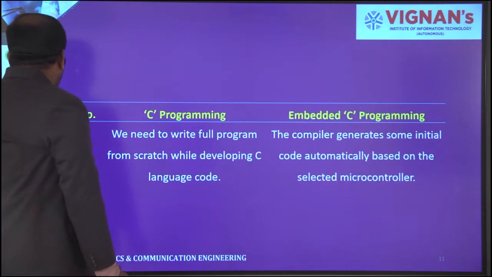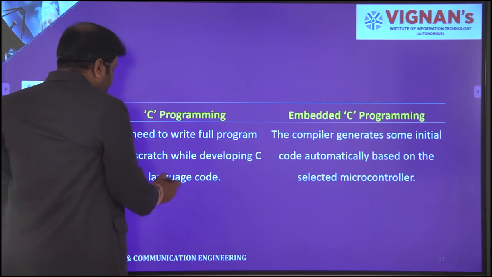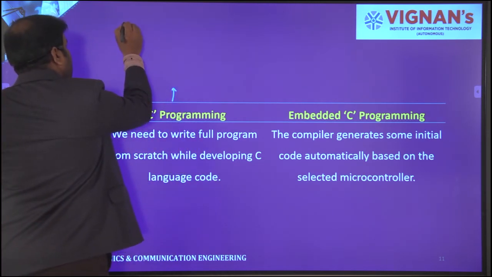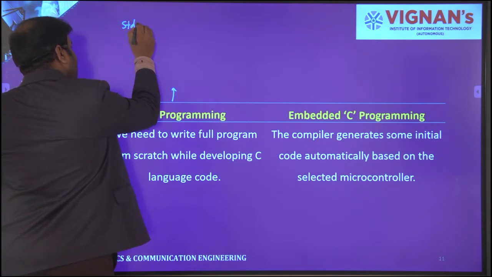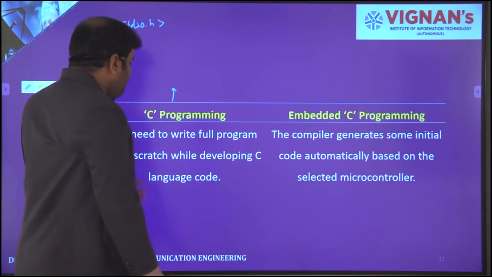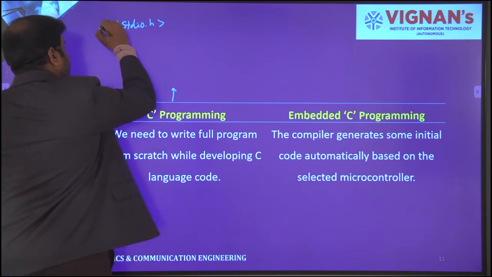And the next one is when you need to write a full program from scratch while developing C code. Whenever you write a program, you need to start with stdio.h. It is a standard statement when writing a program in C, so you have to start with this only.